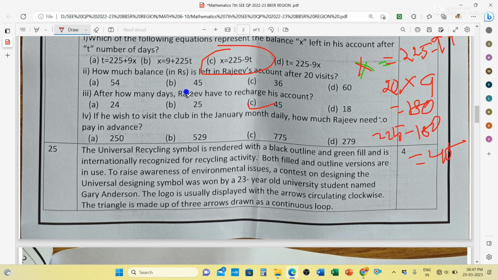Okay, sorry, question number 2, this one. Okay, 45 rupees will be there in balance after 20 visits. Okay, then question number